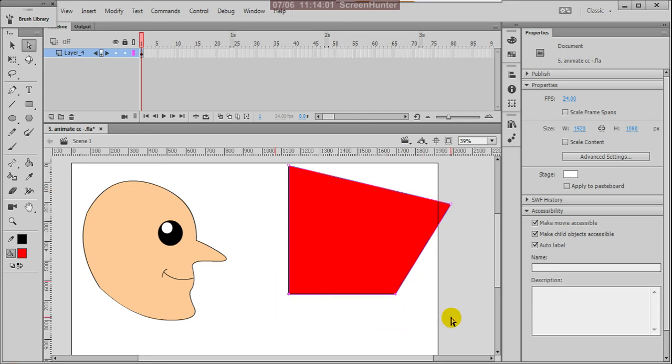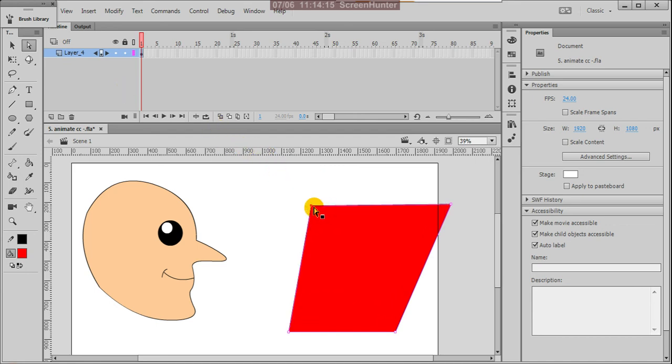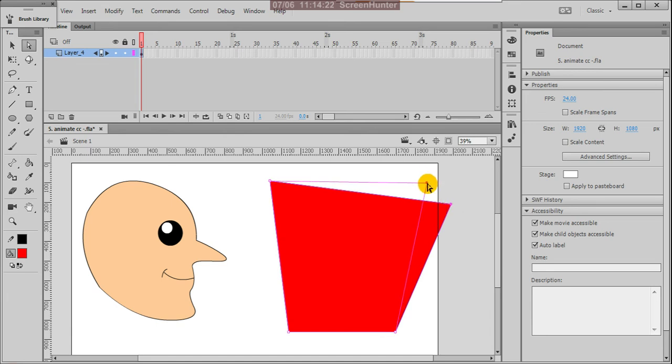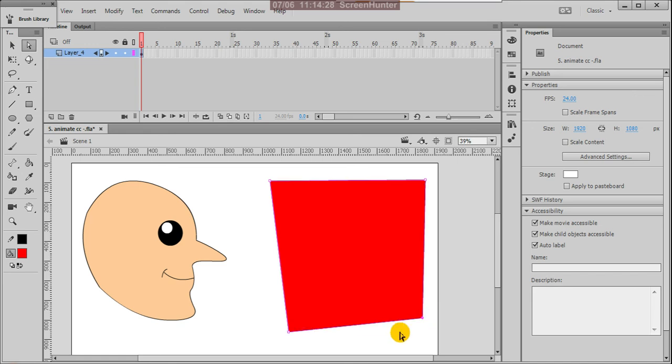Select these two points and press the down arrow, only these 2 points get moved down. So with this sub-selection tool you can change the shape, you can move your points. Your nodes allow you to edit your shape.